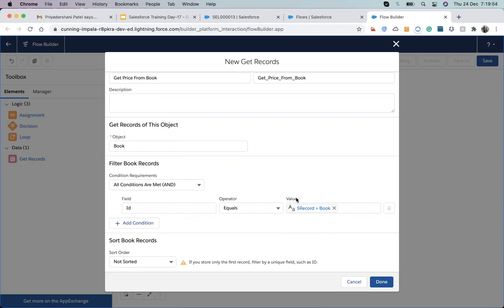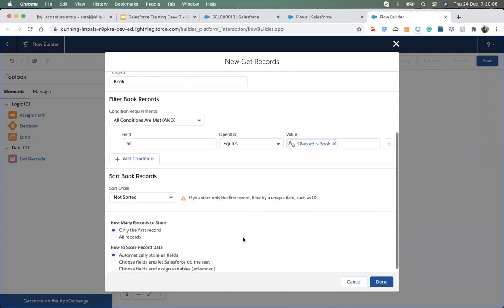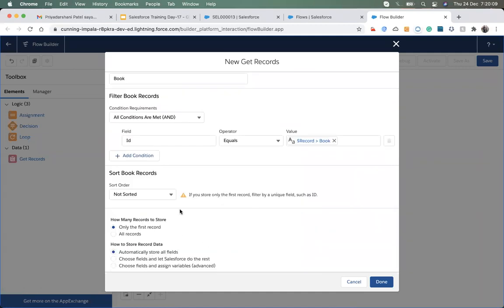I'm taking the book ID from the record that came into this process, and matching it to the database to find the record whose ID matches the one from my current process record.